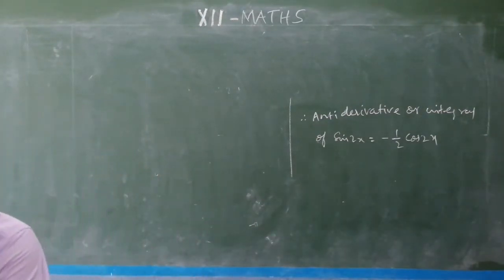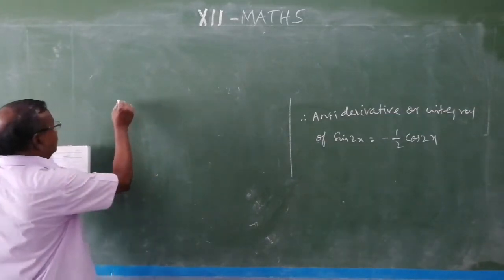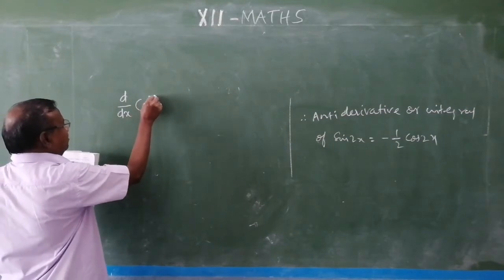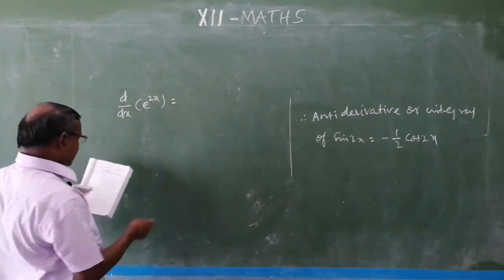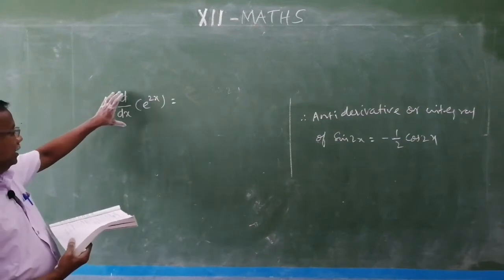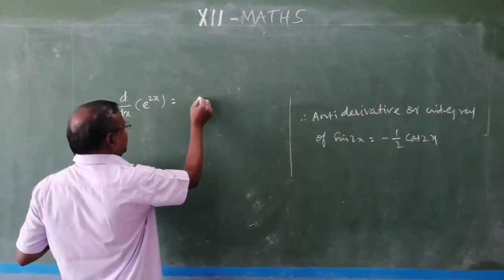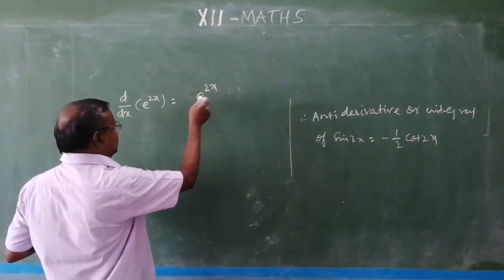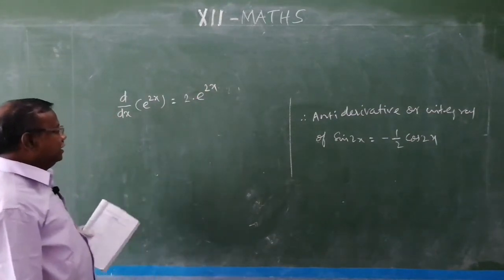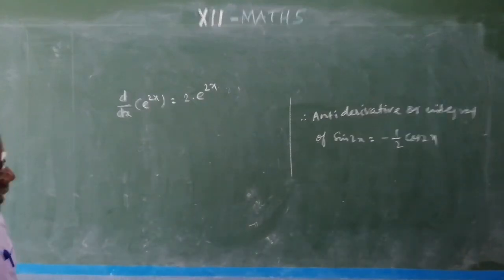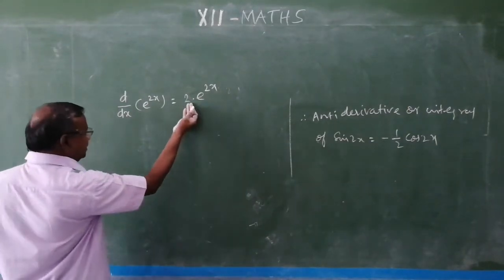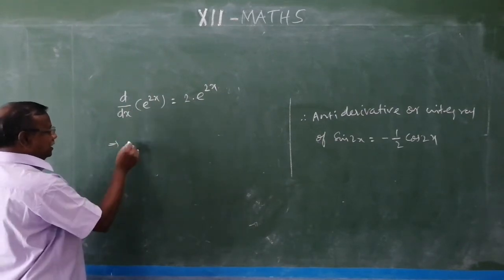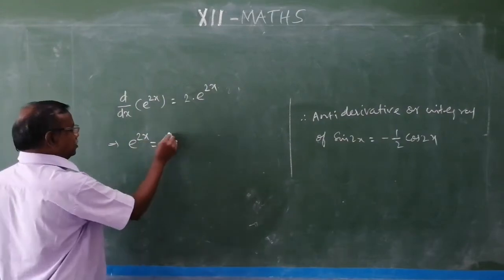Third one is e power 2x. We know the derivative of e power something is e power that something. So differentiating e power 2x gives e power 2x, and differentiating 2x gives 2. So 2 into e power 2x, but we need the antiderivative of e power 2x. So bring 2 to the left side, interchanging left and right, e power 2x equal to,